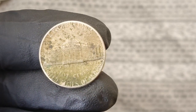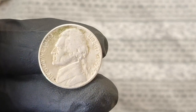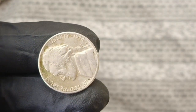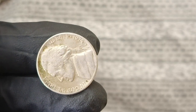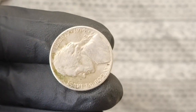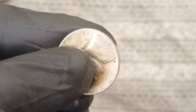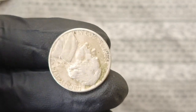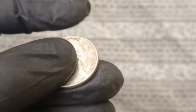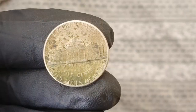Imagine a coin that is not only struck on the wrong planchet but also exhibits dramatic doubling and a repunched mint mark or is missing it entirely. This kind of combination is what leads to record-breaking prices at auctions, and when such coins are certified and slabbed by professional grading services like PCGS or NGC, their legitimacy and rarity are officially confirmed, which further increases buyer confidence and competition among elite collectors who are willing to pay astronomical amounts to secure such a piece for their collection